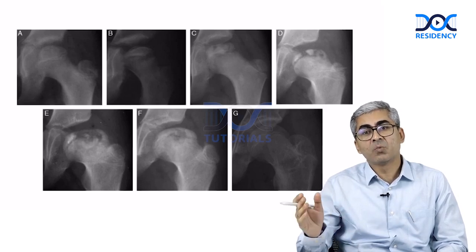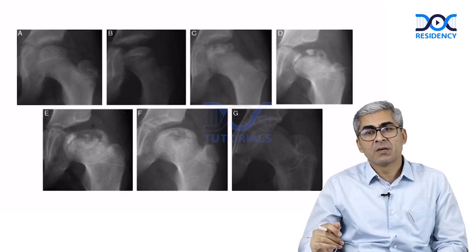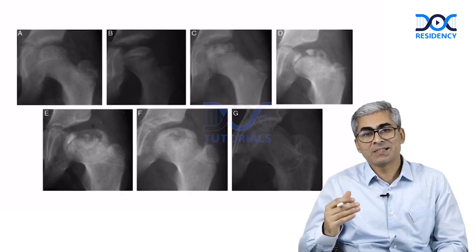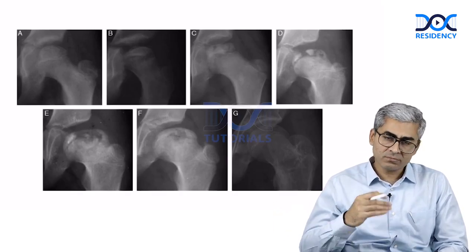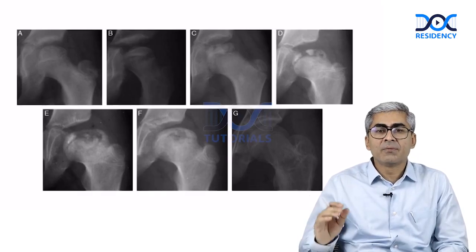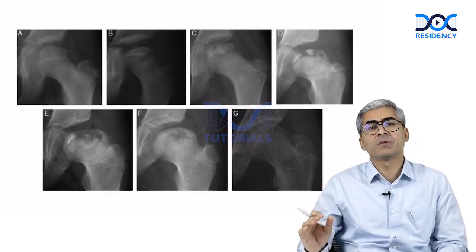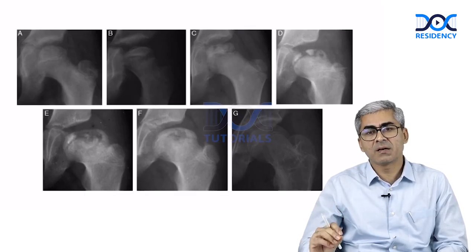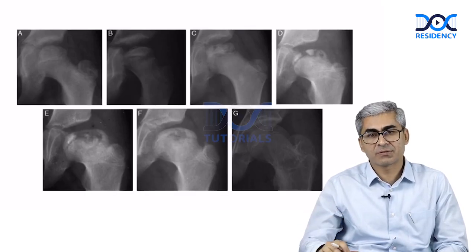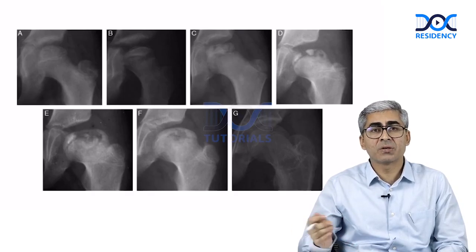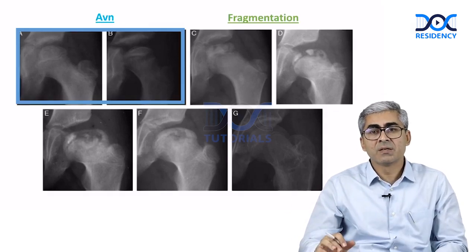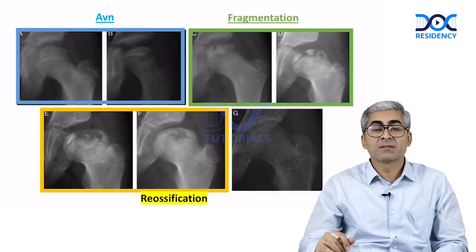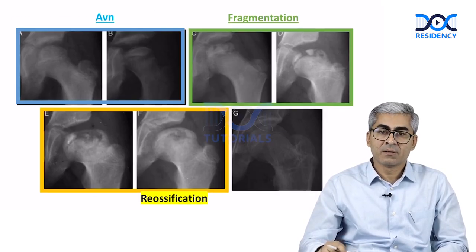They are an indication of fragmentation of the femoral head. In D, the lines are more, which is the late fragmentation stage, and then slowly the ossification starts, which is E and F. That means the ossification starts always laterally and then proceeds medially. When you see the F slide, the head is almost ossified except a little bit in the center, and G is a fully remodeled stage. So all hips will undergo these stages, unless there are some hips which you intervene on, where it skips the fragmentation stage. So this is the avascular stage, this is the fragmentation stage, that is the reossification stage, and then